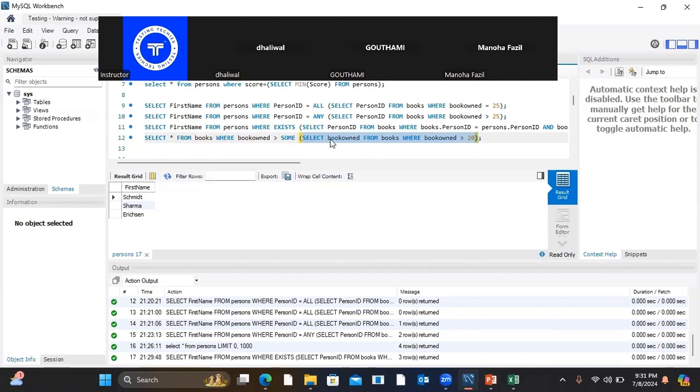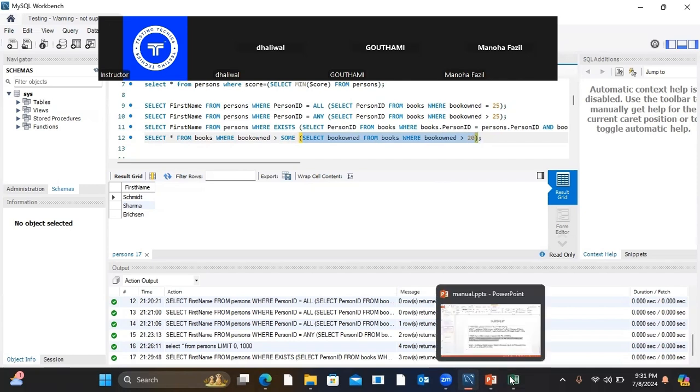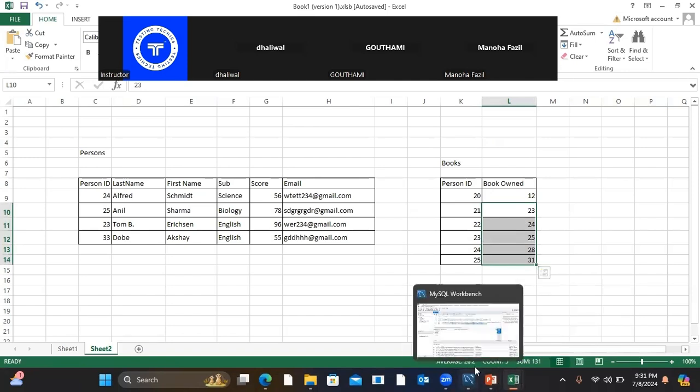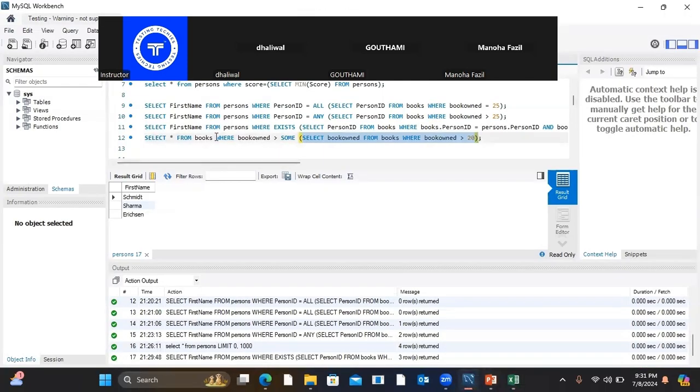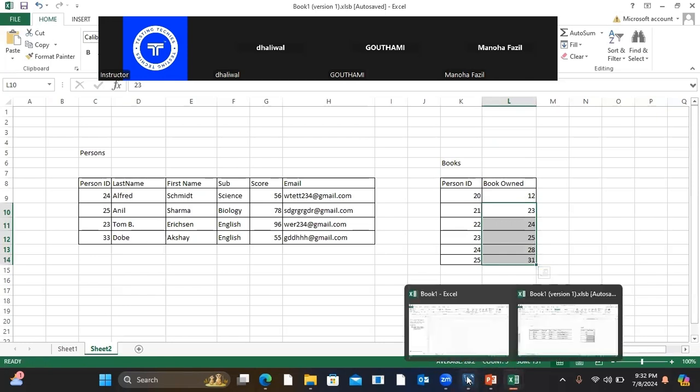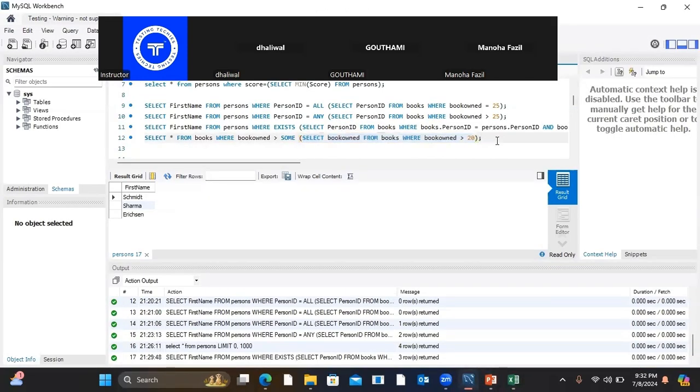Select book tone from books where... so it will return all these values, and these values will be replaced here. That means select star from book where book tone is greater than any of these values: 23, 24, 25, 28, 31. So if I execute it,